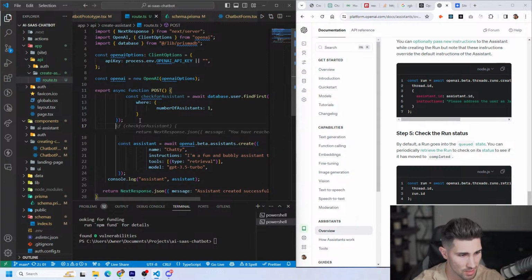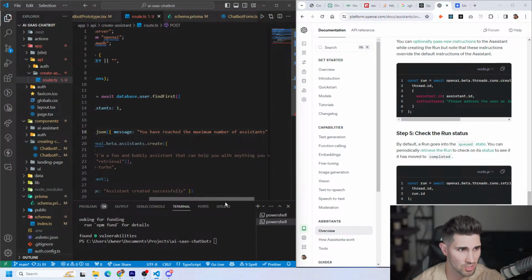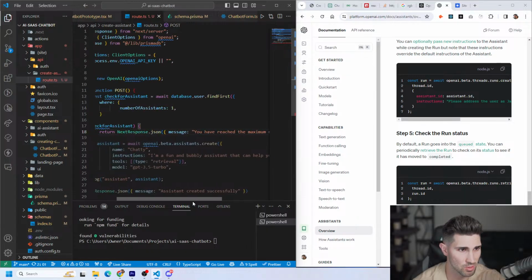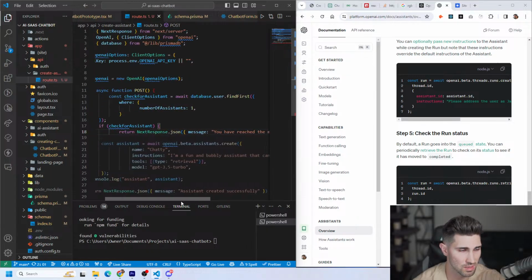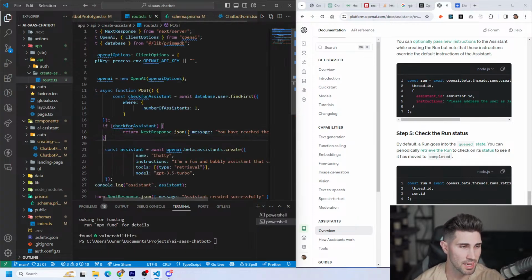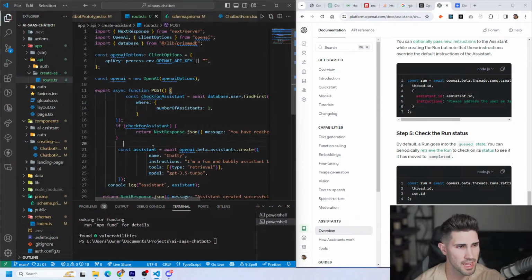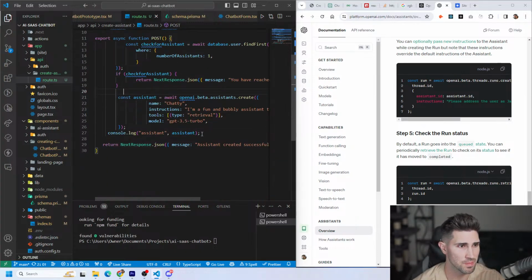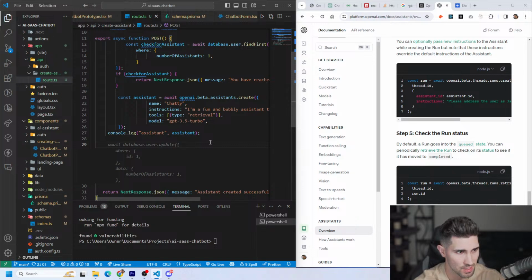Okay, so if there is a resistance, we're going to send a message: you have reached the maximum number of assistants. And then we could say upgrade to a pro account or something. Then next, if that check passes, we will create an assistant for them. Console log, we could keep it for now. And then we could